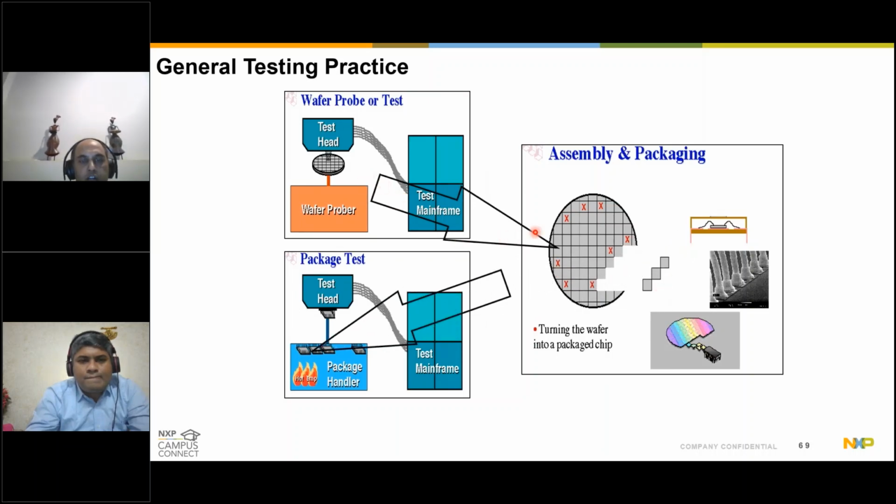So, let's say this is your wafer, a typical wafer, and multiple silicons are manufactured here. So some level of test you will do at the wafer itself. We call it wafer probe. Faulty dies are marked out, as in this red process, and the good dies are taken out. So they are packaged, and the packaged device goes to the testing mechanism before silicon goes out to the customer.